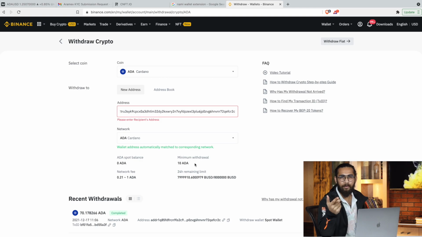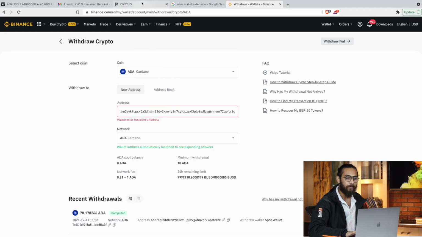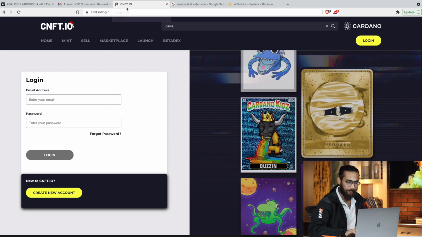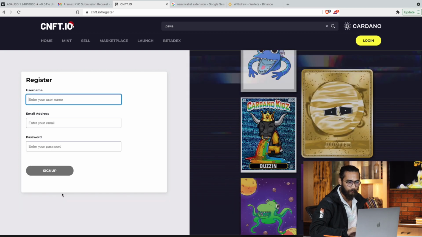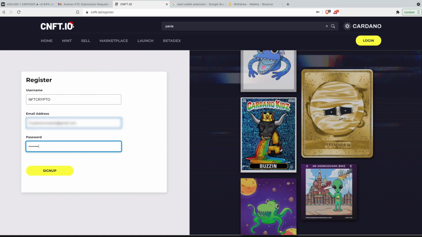After you are done with that, the next thing is to set up an ID with CNFT. For that, go to the cnft.io website. Click on login, and here click on create new account. Enter the username, the email address, and the password, and sign up.